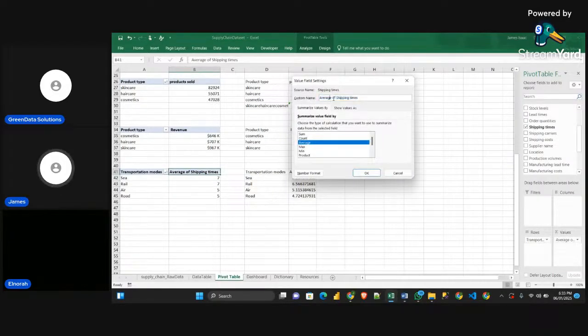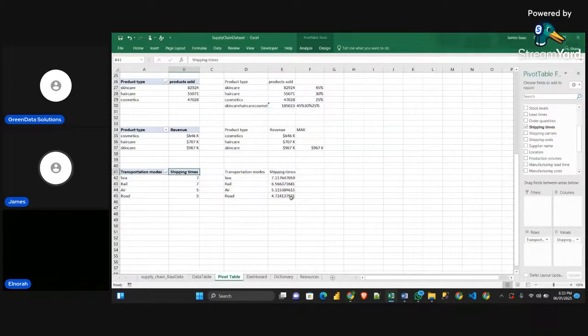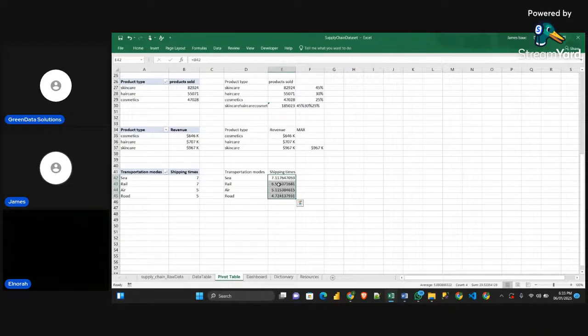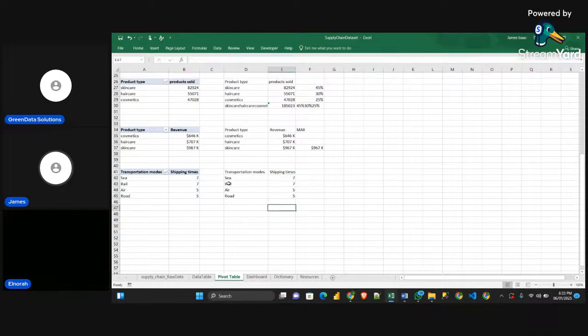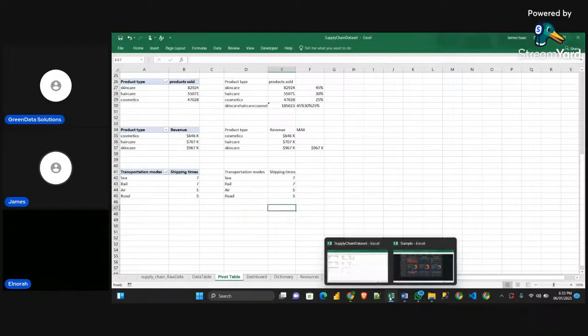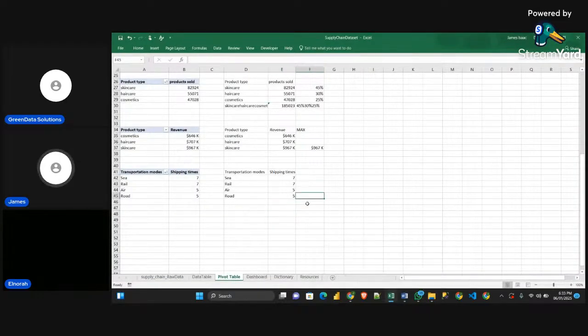So let me change this again. Okay, average shipping times, right? I don't want a decimal point. I just want the figure. So the average time it took is Sea 7, Air 7, Rail 5, and Road 5. And we can see that here we have two sevens, which is Sea and Air. Before, we were plotting our bars straight up, but we want to highlight